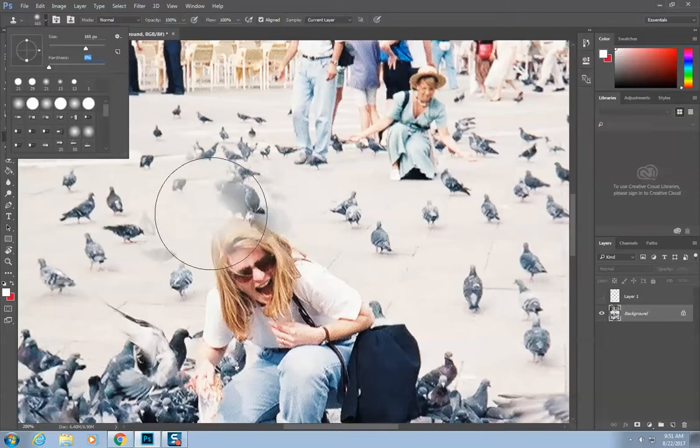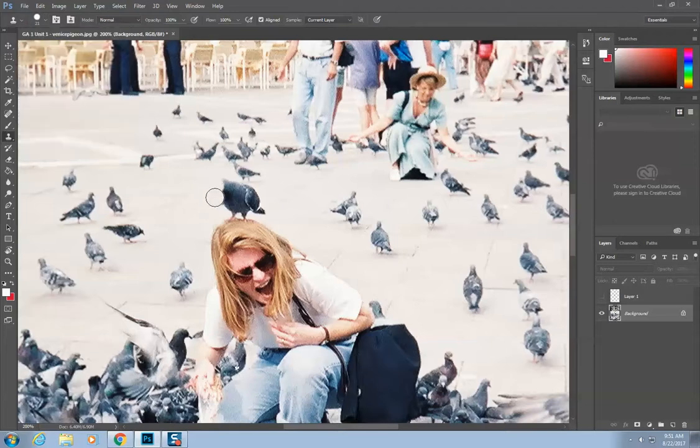If the hardness is way down, notice it just gives a shadow. We want to bring hardness all the way up, and we want the size of our brush to be about 20. And I'll just click, and you notice when I'm clicking, see the crosshairs, it's pulling what is over in that area, it's pulling over this pigeon. So I'm just able to